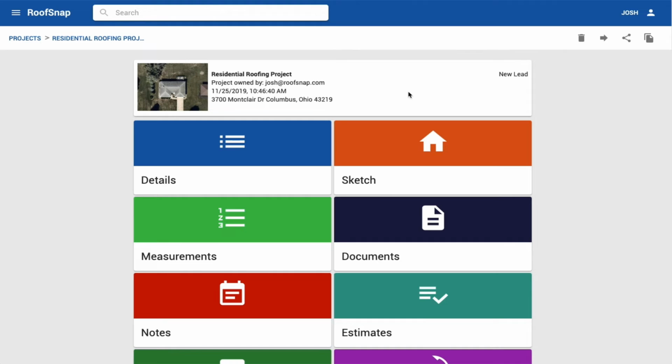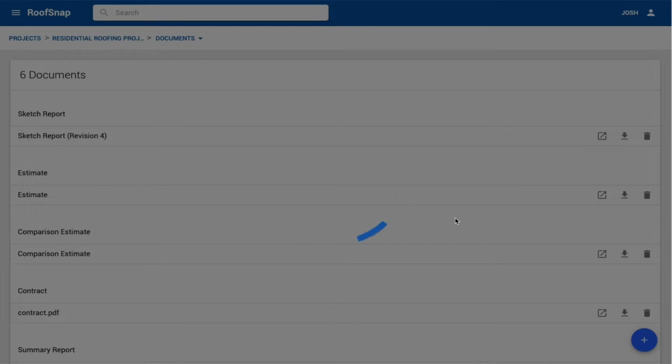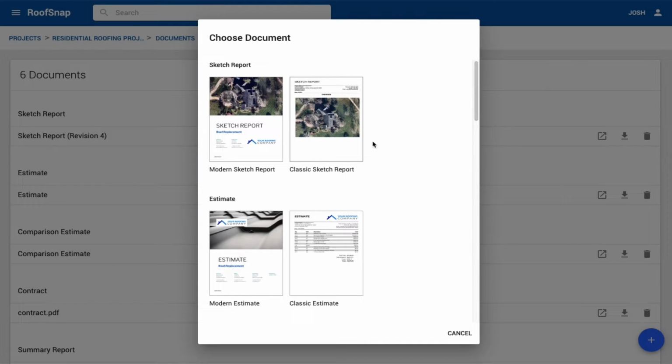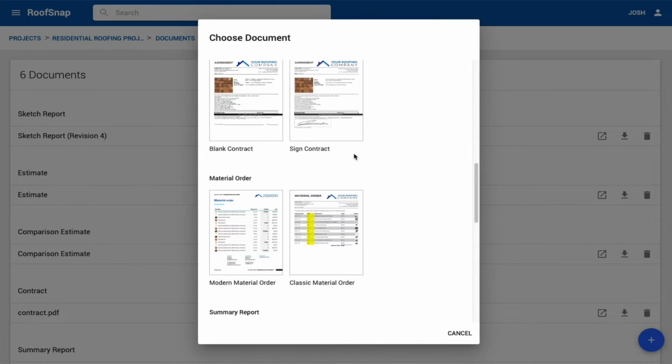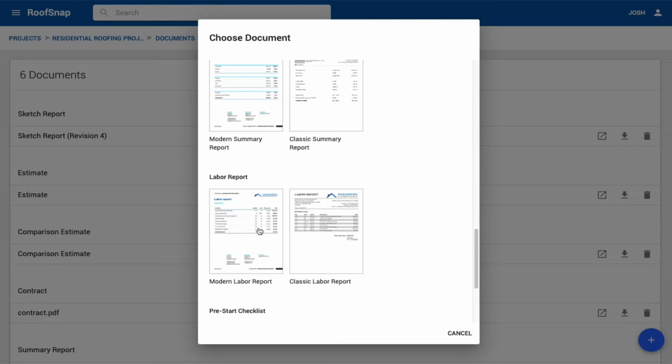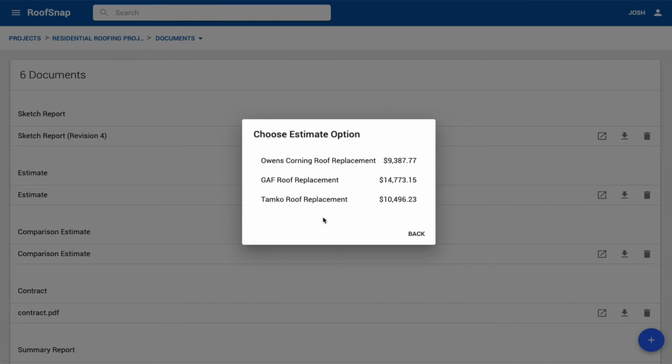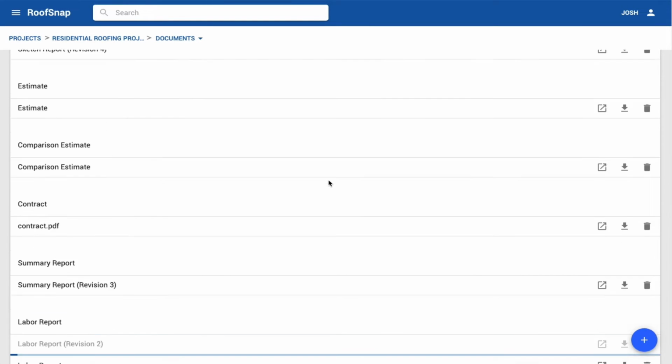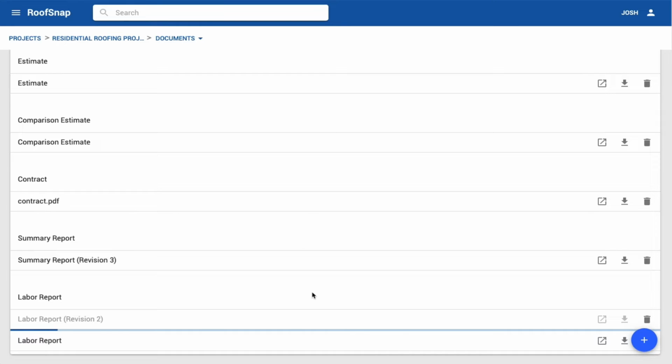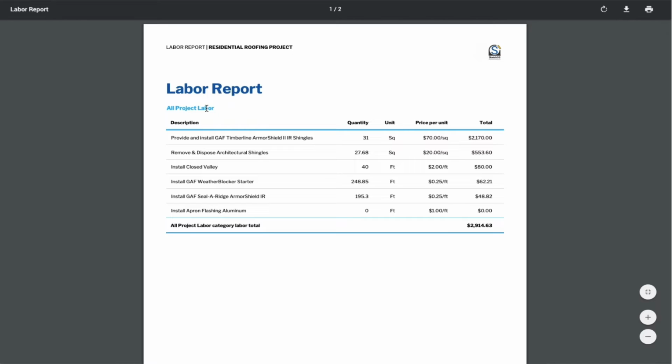To create the labor report, open your project and navigate to the Documents tab. Click the blue plus button and select the Modern Labor Report. If you've built multiple estimates for your project, you'll be prompted to choose which estimate you'd like to use for the report. After selecting the estimate, the report will be generated and then be ready to open, download, share, or